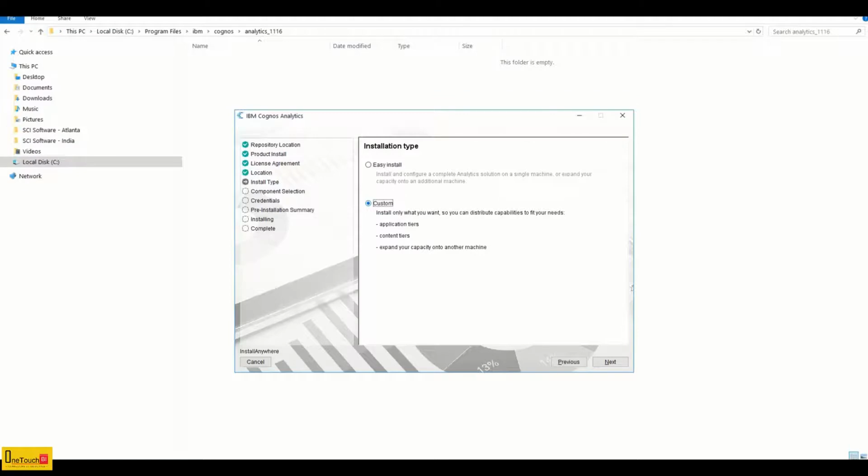Going with custom version, you will not find the Informix DB shipped by default. You need to leverage a third-party content DB, like SQL Server, Oracle, DB2, MySQL. So any of that we can use.